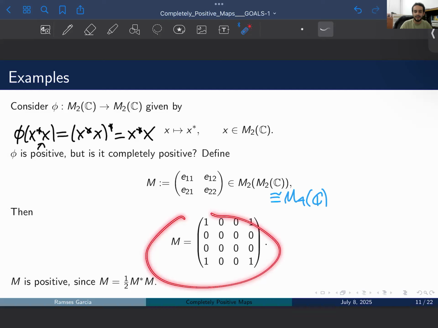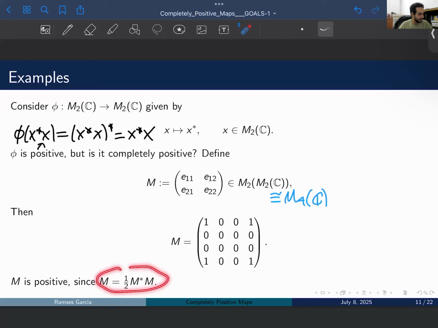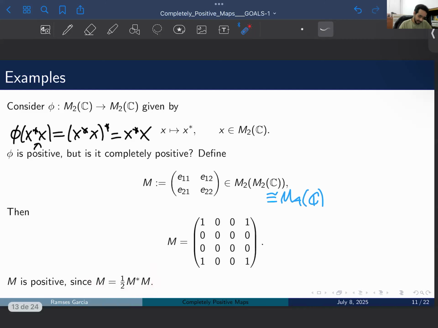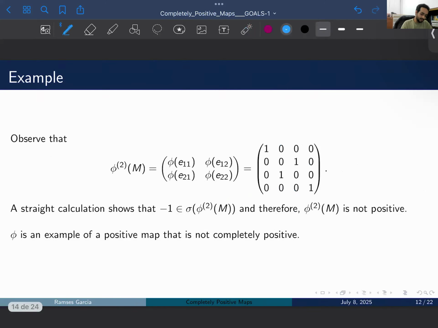I'm doing that identification to not write the parentheses. M is positive, and it is straightforward to check that, in fact, it is equal to this. But if we evaluate the amplification phi2 on M, by definition of phi, we get this matrix, and